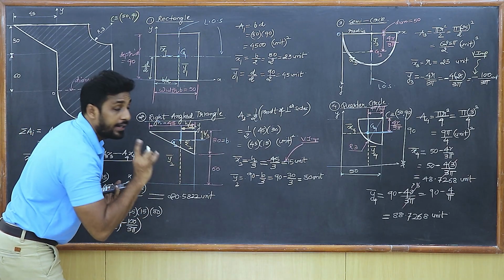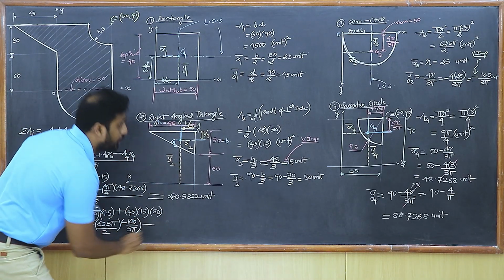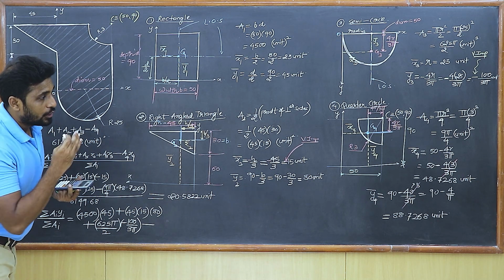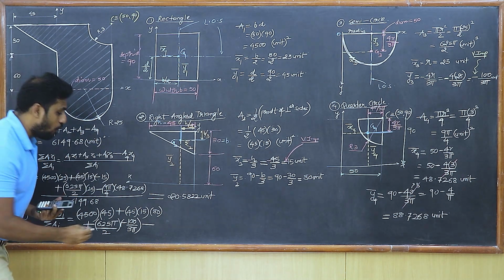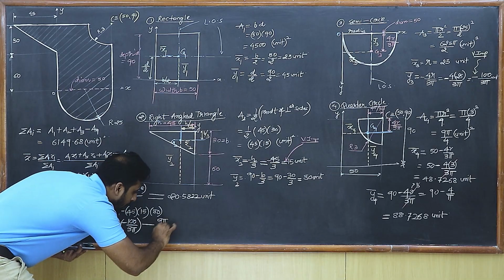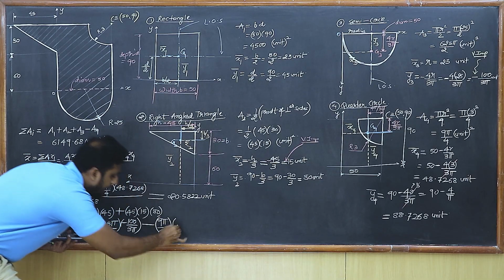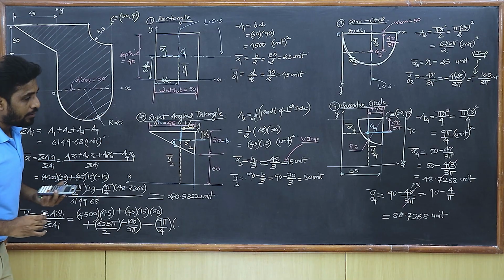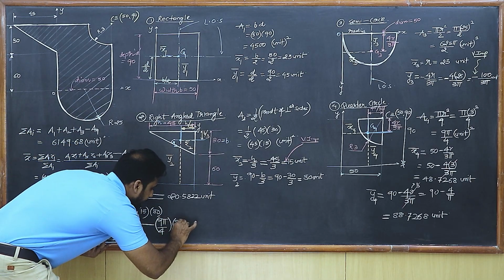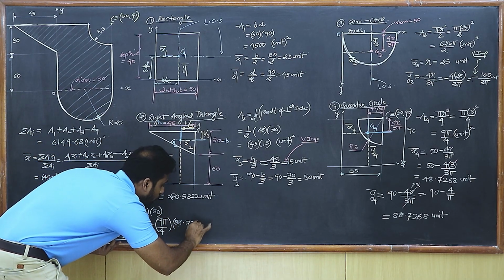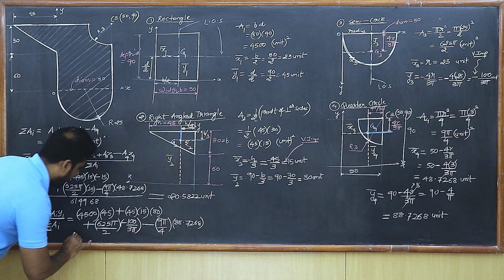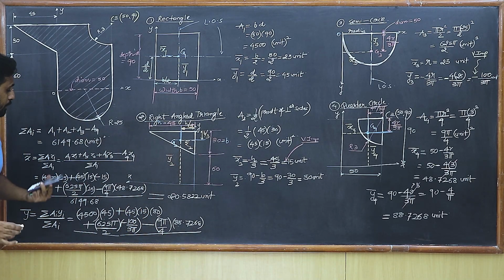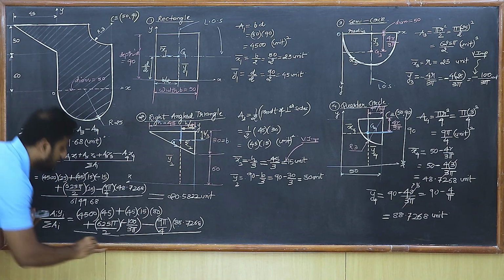And then finally again negative, isn't it? So minus of, because the quarter circle is removed, so its area is going to be negative. So a4 is 9 pi upon 4. So I write here 9 pi upon 4. This area gets multiplied with y4 bar. So what is the value of y4 bar? It is 88.7268. Now this entire answer needs to be divided by summation of ai, which is